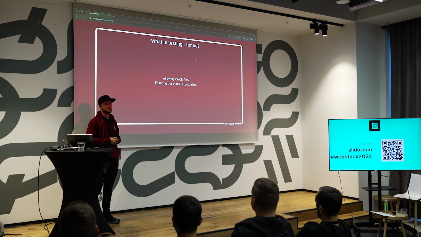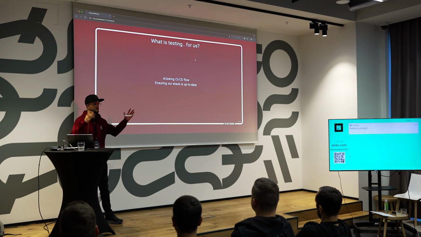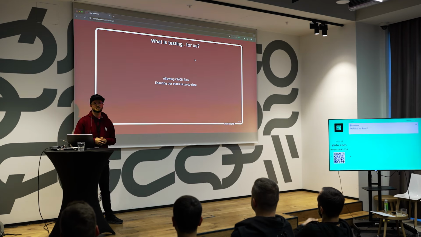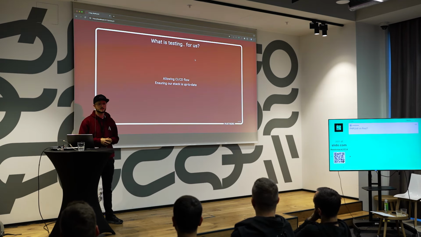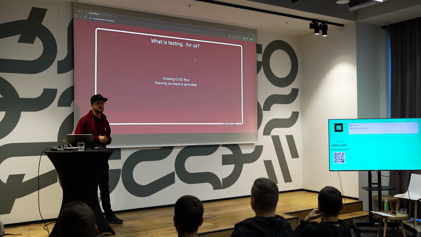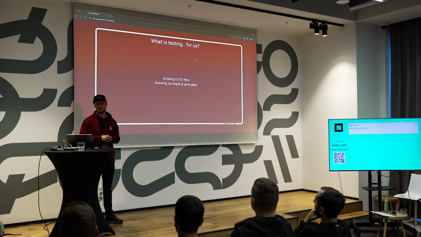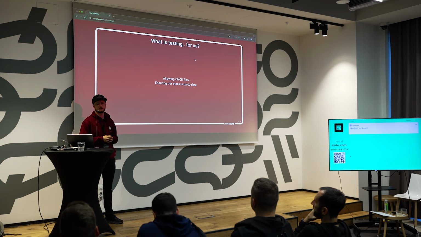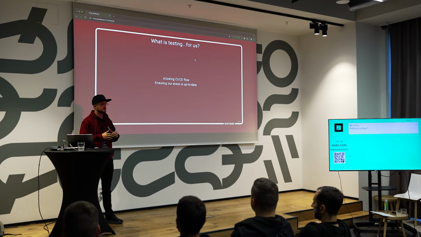The second thing is ensuring our stack is up to date. We're trying to use the newest technologies. Developers love to work with the newest technologies. That would be for us Laravel 11, PHP 8.4, PHPUnit 11, and minor and major package versions that we rely on since we're using open source. It makes it easier for us to update those packages and then catch potential bugs or changes that occurred in those packages that we relied on,